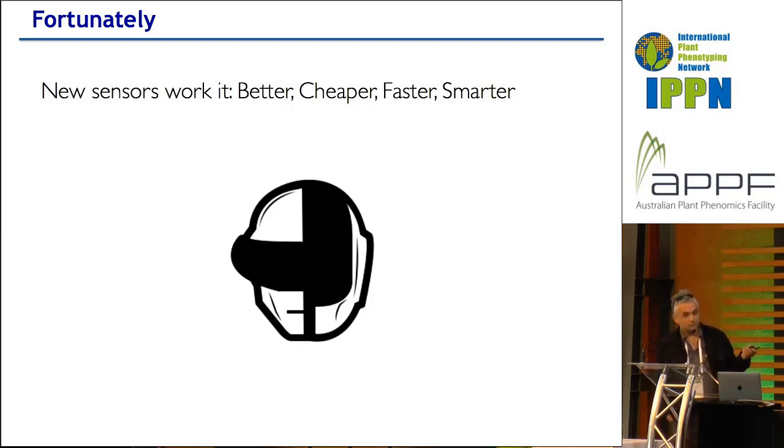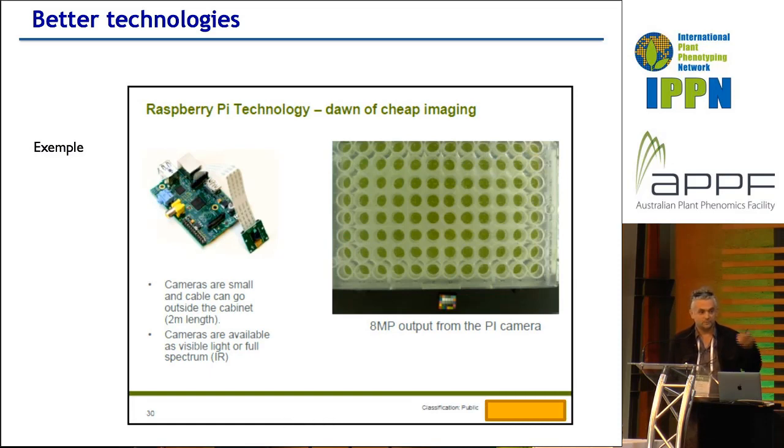Let's illustrate this. Better technology. Now we have this Raspberry Pi. This will be the next talk, and there will be other ones in the 2 days, which looks like a very cheap solution. Actually, they are better than the one we had before because you can transmit information by Wi-Fi. And 10 years ago, it was a hell of a job to put just a webcam and have the link that goes just after the door of the cabinet to put a laptop and so on. This is really changing the stuff. And this is actually a really serious solution.